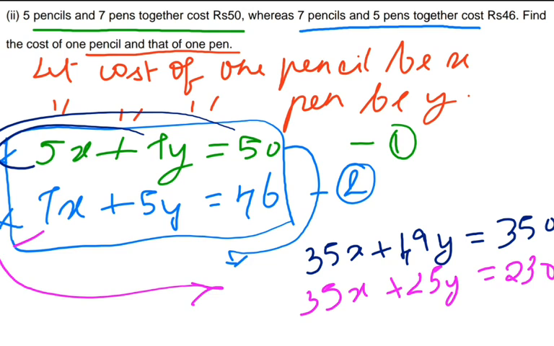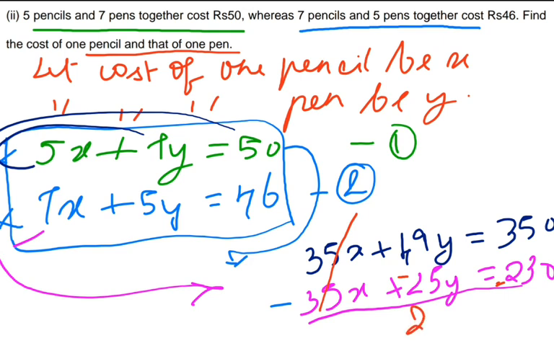Okay, now we will be subtracting both the equations. So we are subtracting it, so we are just changing the signs. Plus changes to minus, minus changes to plus. After subtracting, the x variable will be cancelled, and here the y term will be 49 minus 25